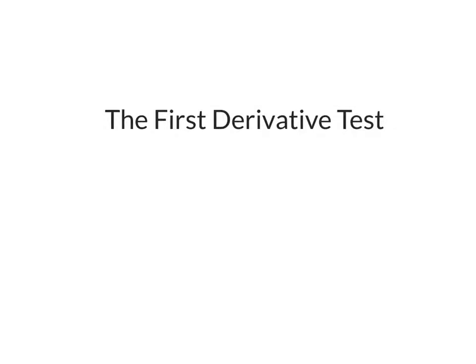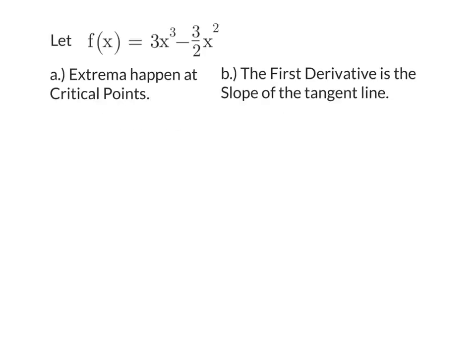All right, let's take a look at the first derivative test. Let's say that we have this function f of x equal 3x to the third minus 3 halves x squared. One thing we know about maximums and minimums is that they happen at critical points. So the first thing that we should do is try and find where the critical points of f of x